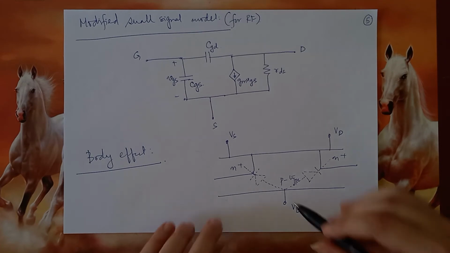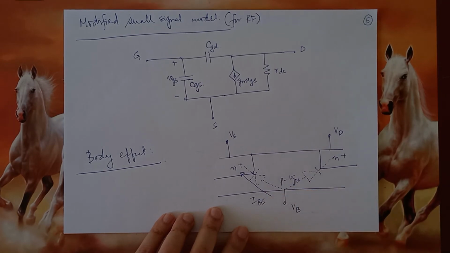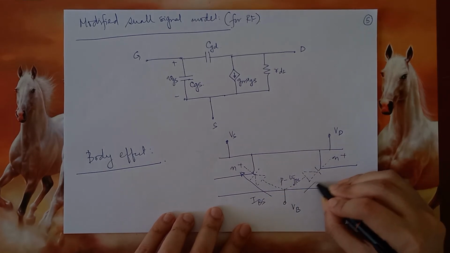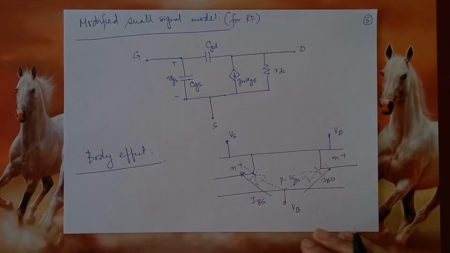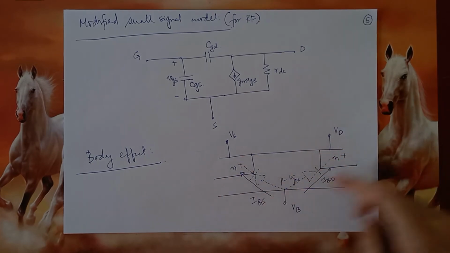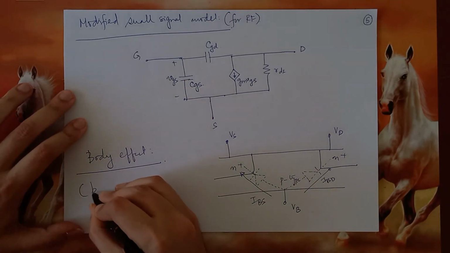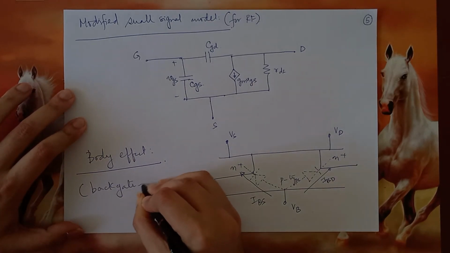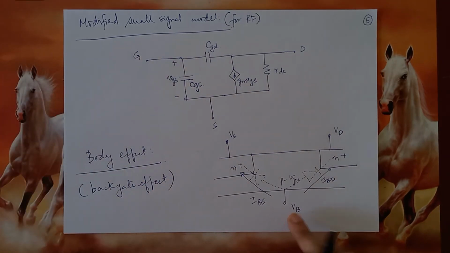So therefore, some current may flow here. Let's call it IBS, that is body to source. Some current over here, let's call it IBD, or body to drain. Now what you notice is that without using an insulator, the body terminal is also able to cause some current that looks to be flowing between the drain and the source. So this is also called the backgate effect. Backgate, why? Because the body now kind of behaves like a gate, causing a very similar